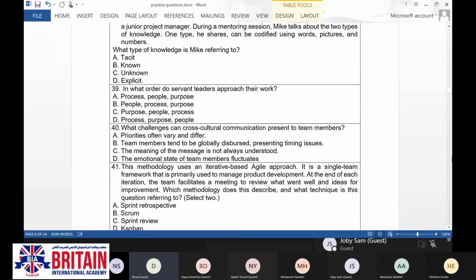The meaning of the message is not always understood. The emotional state of team members fluctuates. I can say C. The meaning of the message is not always understood.